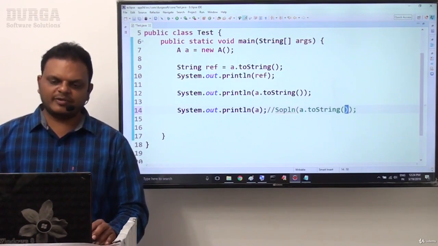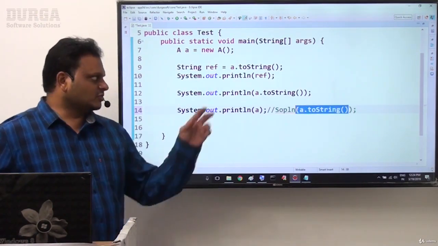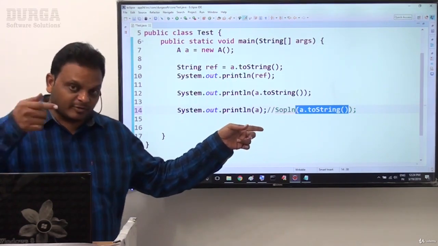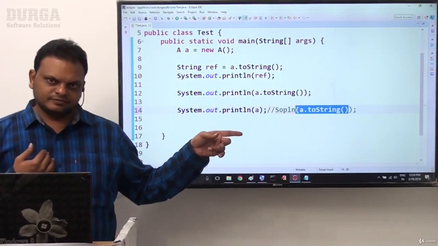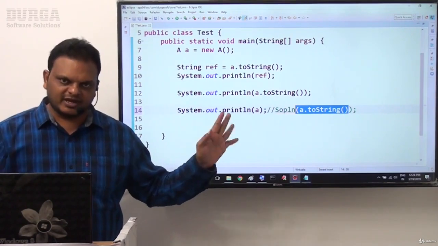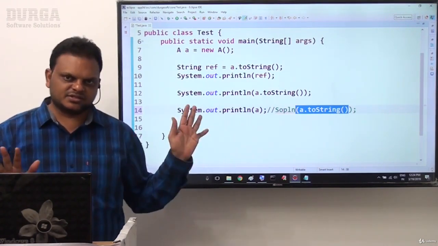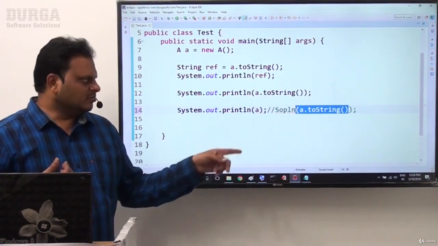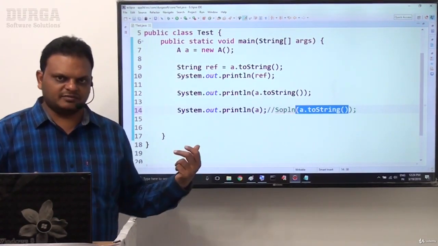This happens internally. The first 2 times we called toString explicitly, but the last time the JVM called toString internally. Whatever it may be, finally the toString method is executed in all 3 cases. In the first 2 times we called it explicitly, but in the last time it was called internally.